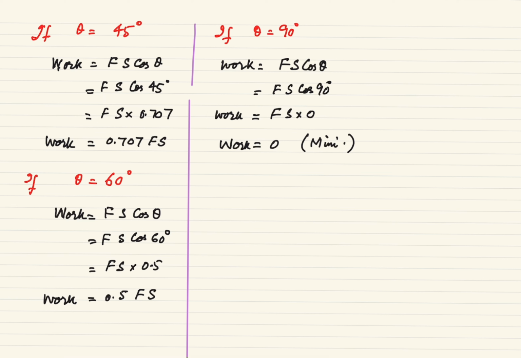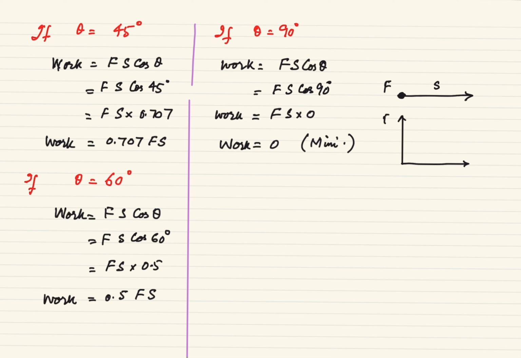So remember this thing, that when we are considering work, force must be in the direction of displacement to get the maximum work done. But if the force is perpendicular to the displacement, like this, suppose, then what will